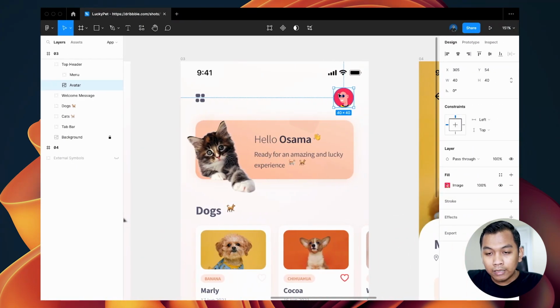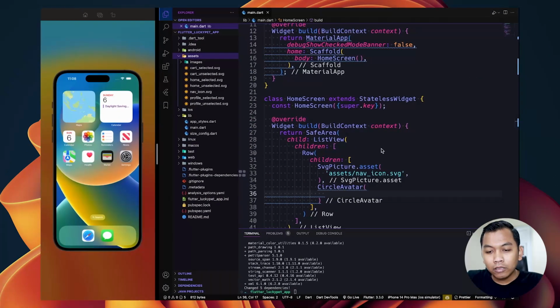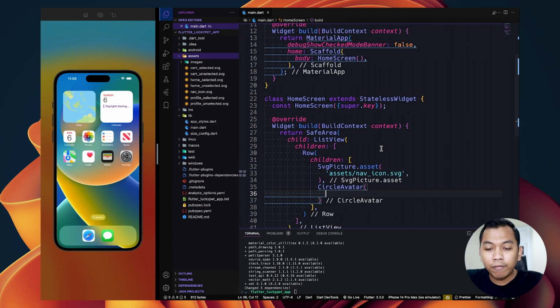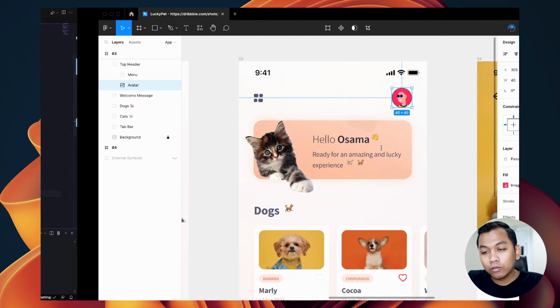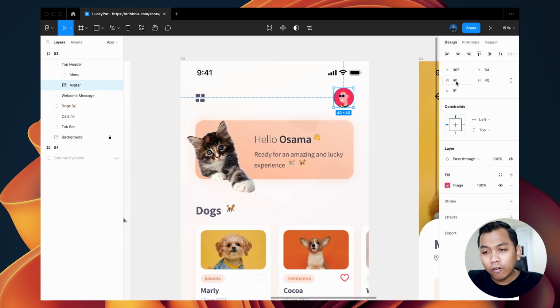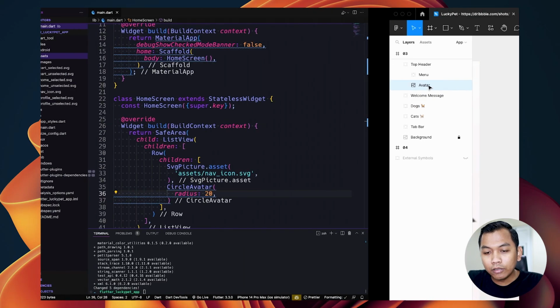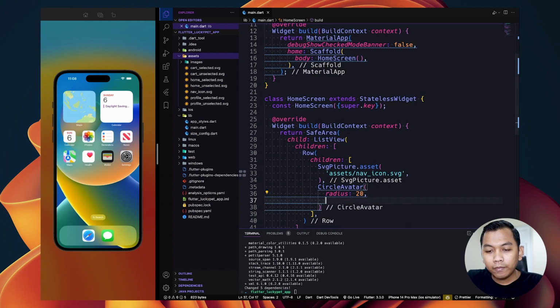So let's check this, and we can see the height and width are exactly the same, so we can think this is the diameter. CircleAvatar doesn't have diameter, so we use radius. Radius is half of diameter, so this is basic mathematics, so we can say radius is 20 because 40 divided by 2 is 20.